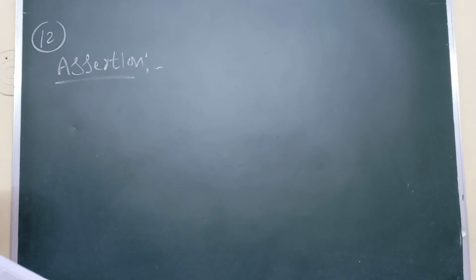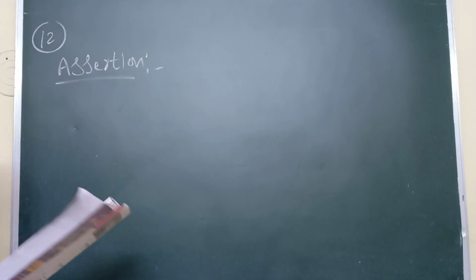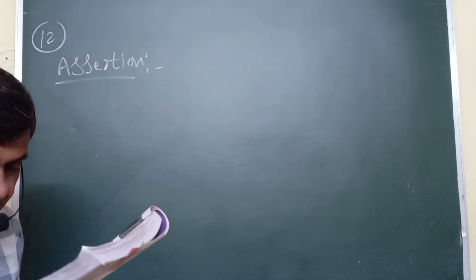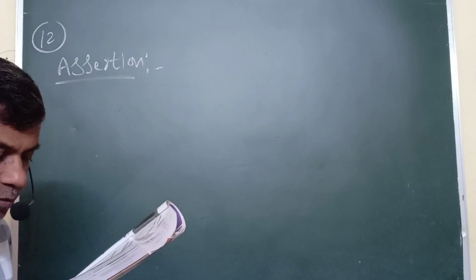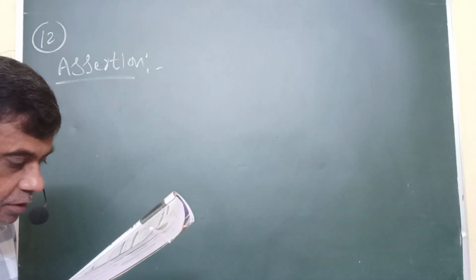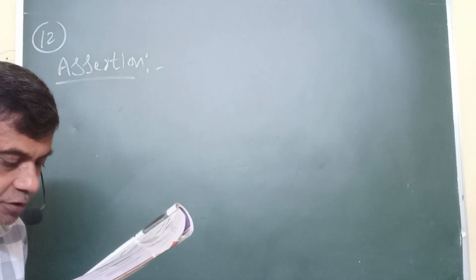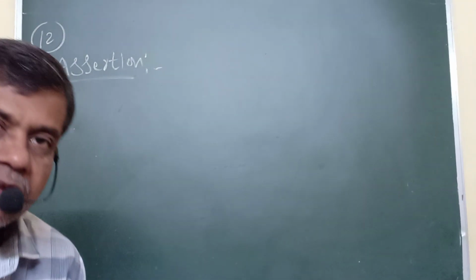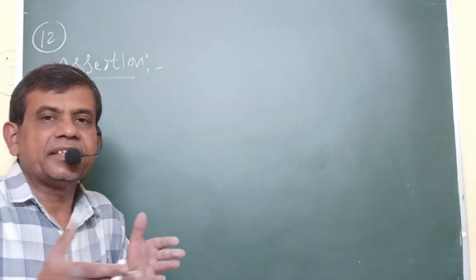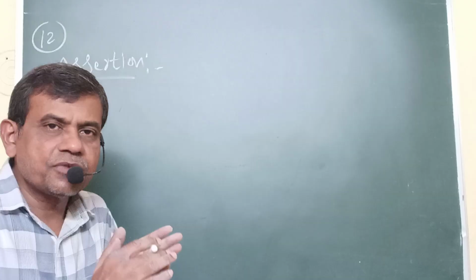Now question number 12. Assertion and reason. Assertion: For an observer looking out through the window of a fast moving train, the nearby objects appear to move in the opposite direction to the train, while the distant objects appear to be stationary. This is the assertion. For example, when we are moving in the train or on the bus, if we observe outside